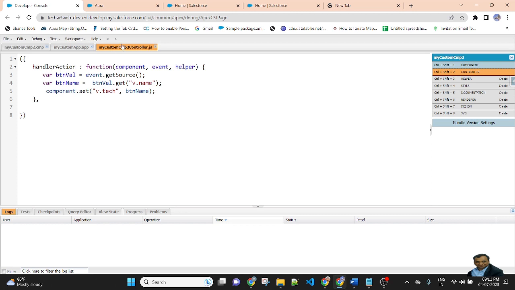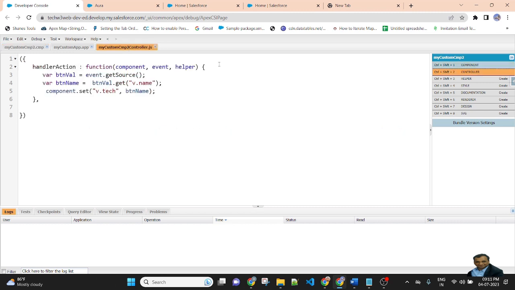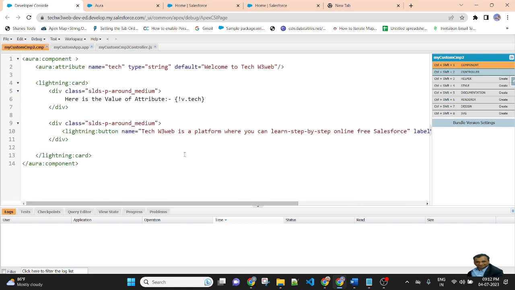Here I created a button click function. I create a variable, buttonValue, which returns event.getSource, and then I get the button name attribute. So dot name will return the button name value.